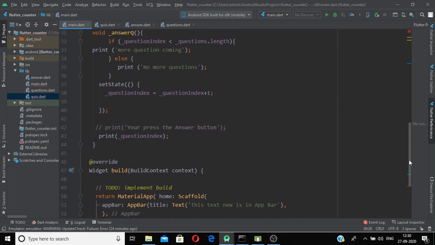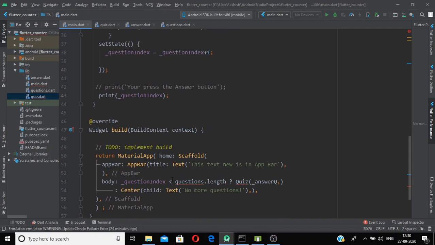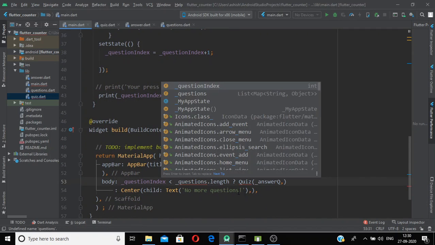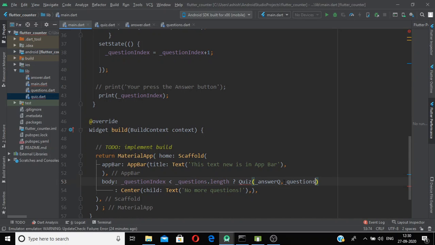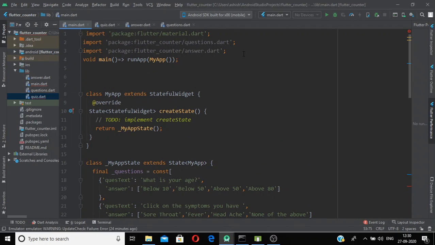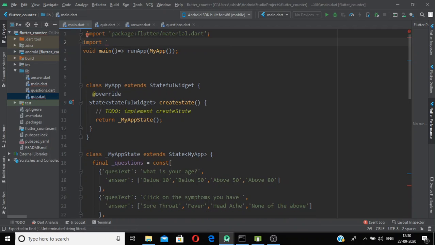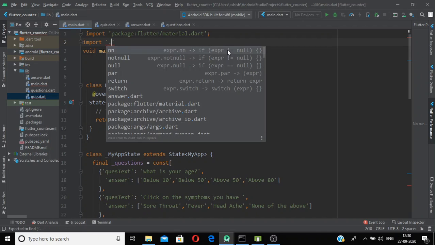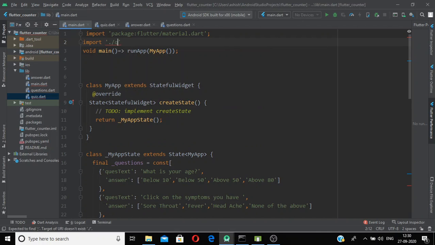And here also, and pass it here. Since we are getting a message here, because I am using this quiz method of the quiz dot file, I have to import this file here. Instead of importing these, we will import quiz dot file.